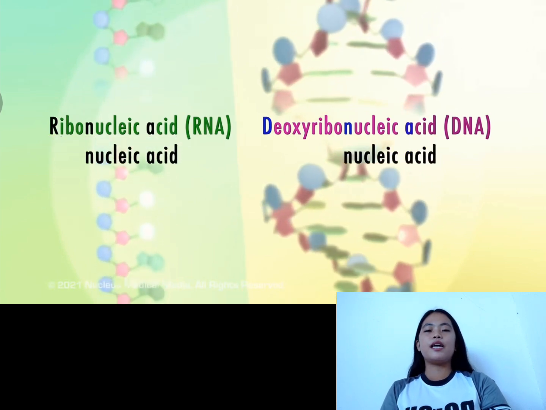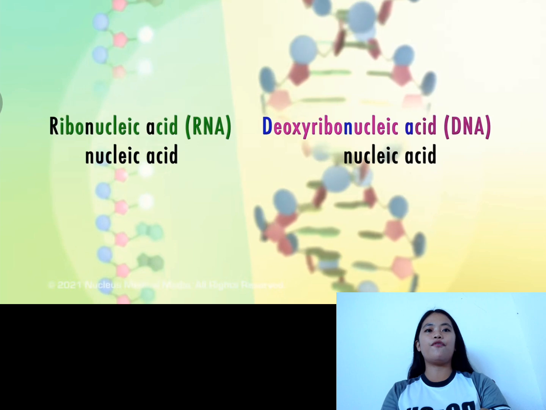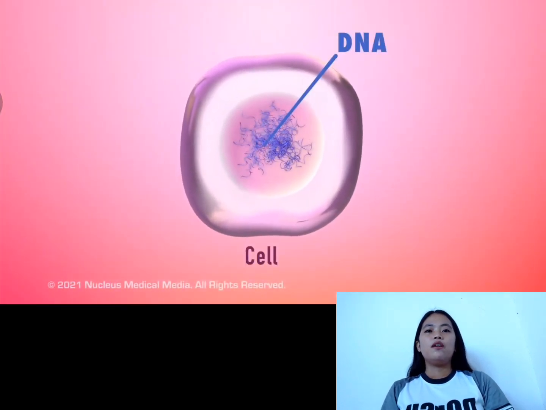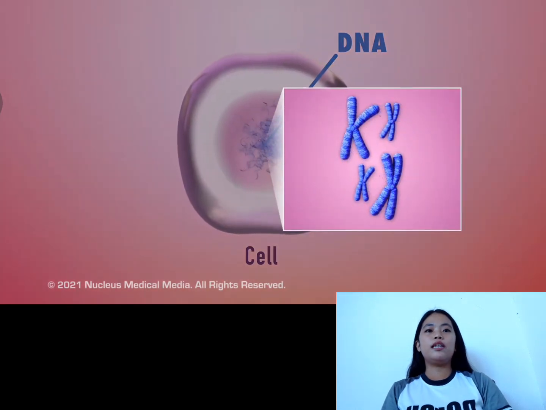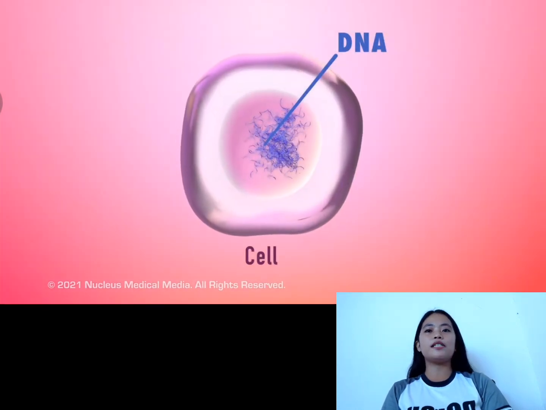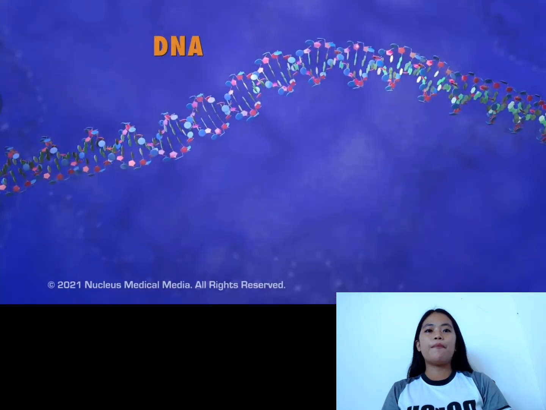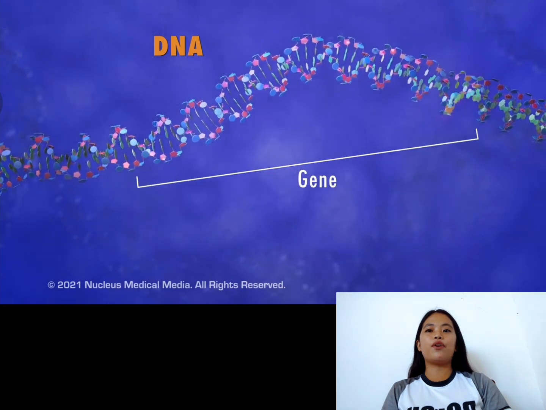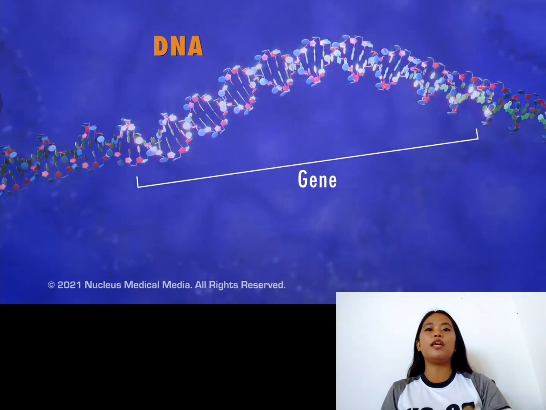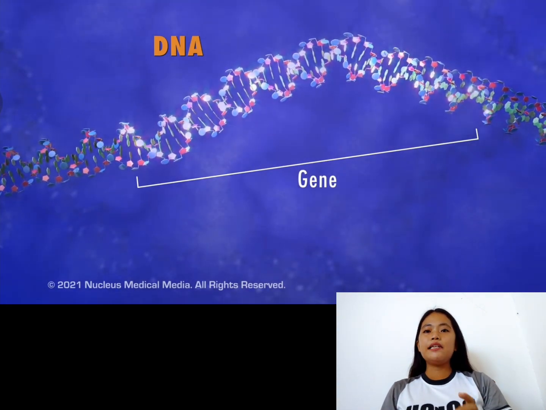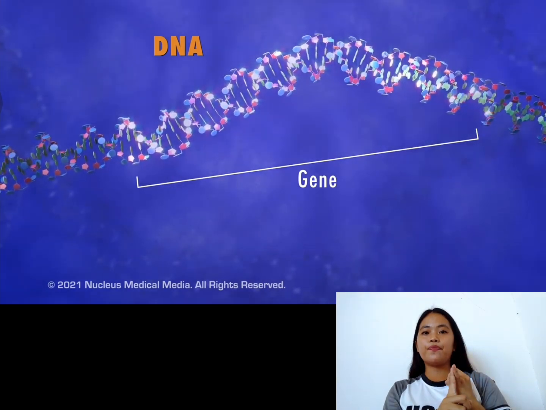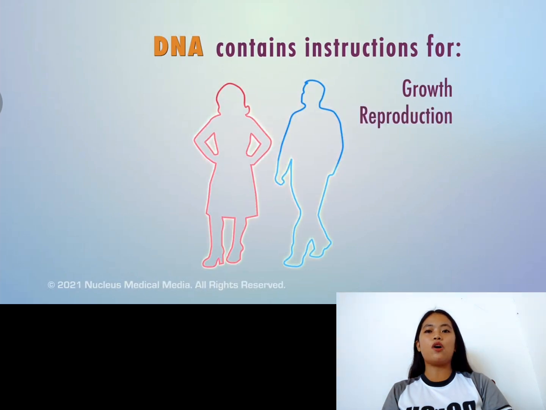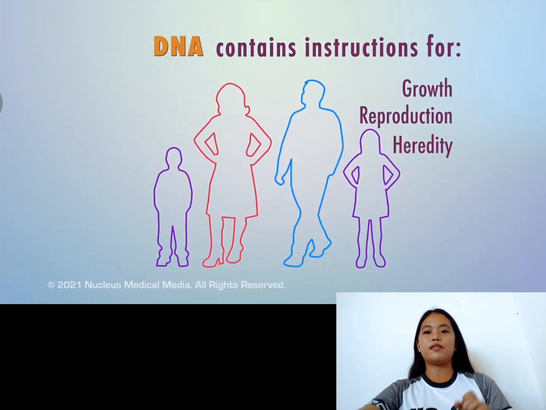In living organisms, DNA is the main component of chromatin, which will condense into the familiar chromosome shape prior to cell division. The DNA in chromosomes is organized in a specific order that makes up an organism's genes, which contain the directions for every function, trait, and activity in a living organism. These activities include growth, reproduction, and heredity, which means the ability to pass on genes to offspring.